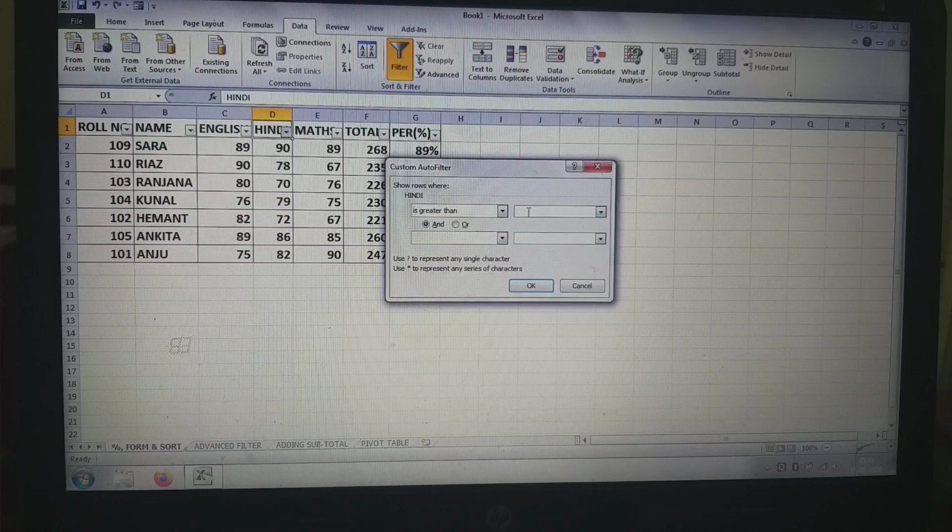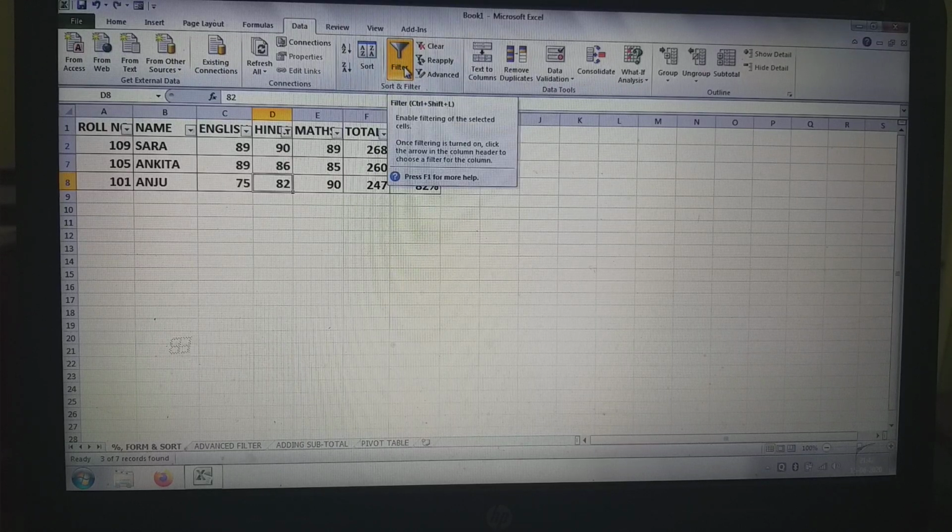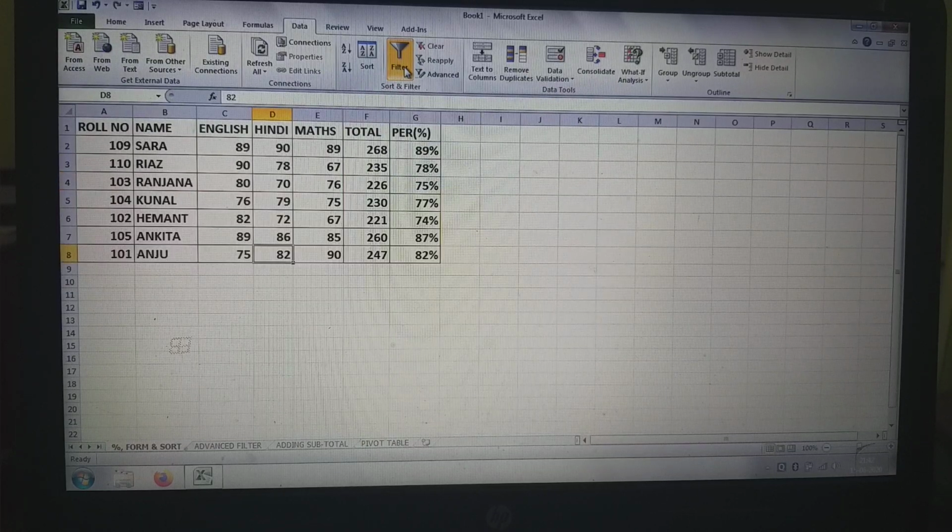Greater than, we want the names of students who have got more than 80. Now see, in Hindi, Sara, Ankita and Anju have got more than 80. In this way we can do filter. Now again to deselect it, click on the filter command again.